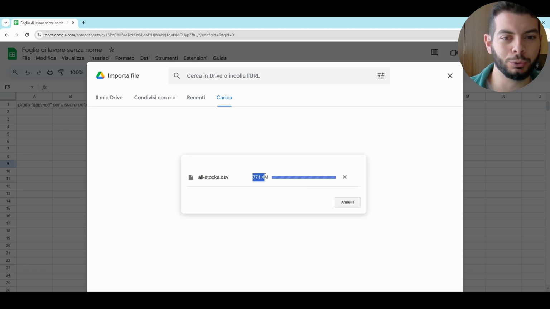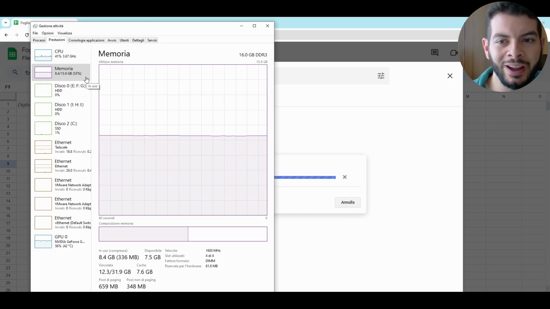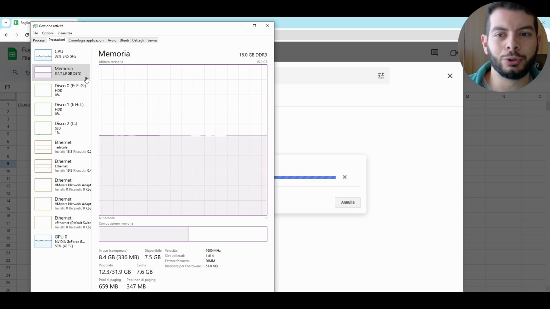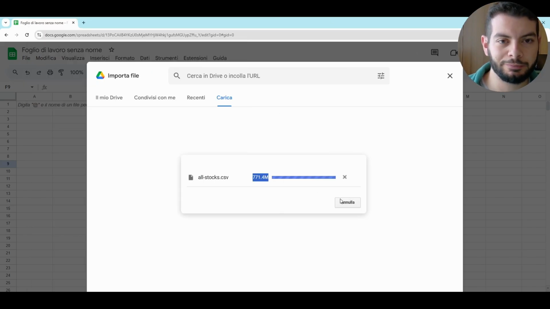You could say I took an extreme example compared to the usual 30 megabytes of Excel files that I usually mention. Since I'm not using a very recent computer, with just 16 gigabytes of RAM, you could also blame the computer for what happens. But if we change the tool to work with this data, you'll see a great difference.